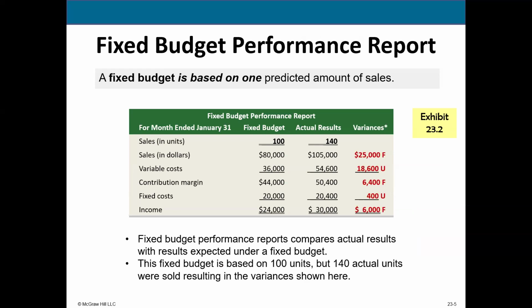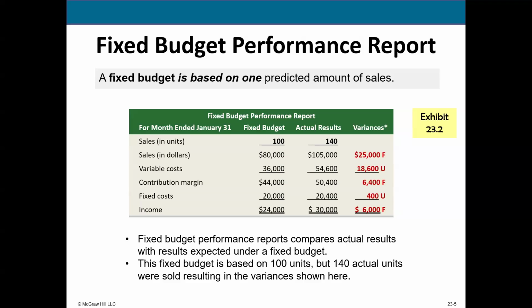So based off of a fixed budget, it doesn't allow for a whole lot of variance. Because it's fixed, it means it does not change with the level of output. And so we base off of what actually happens, we compare it to our budgeted amounts, and we see that with a fixed budget, it creates very large variances. So, as I said, a variance is the difference between what we budgeted and what actually happened.